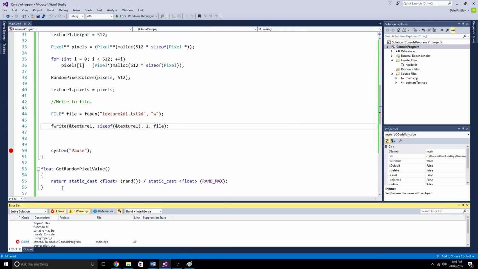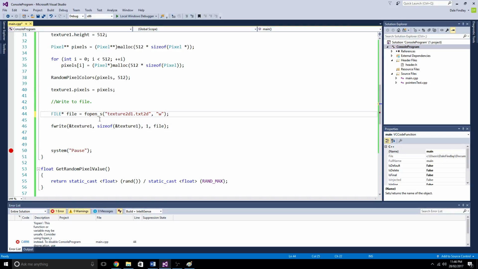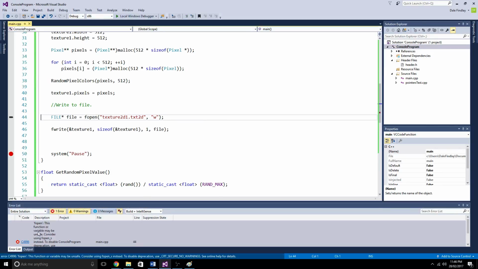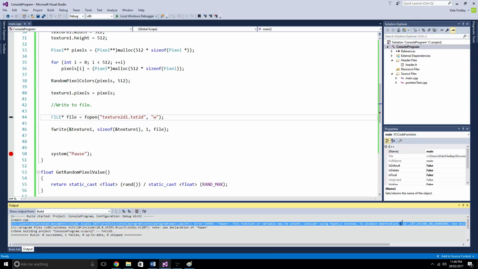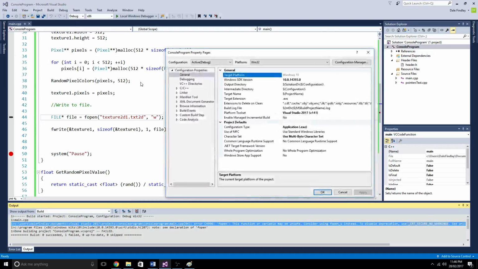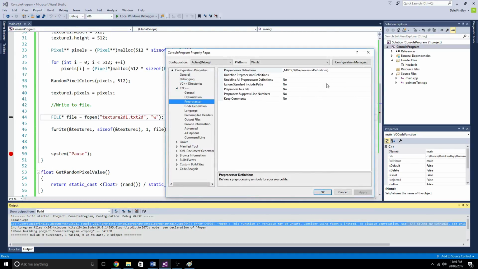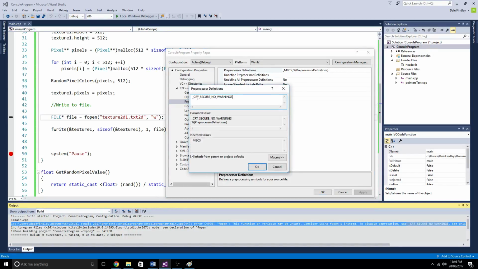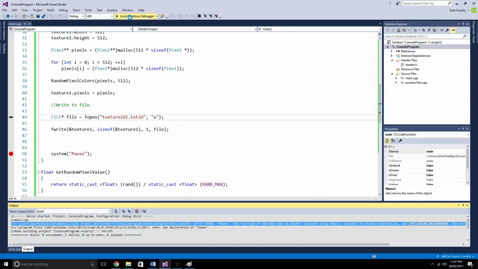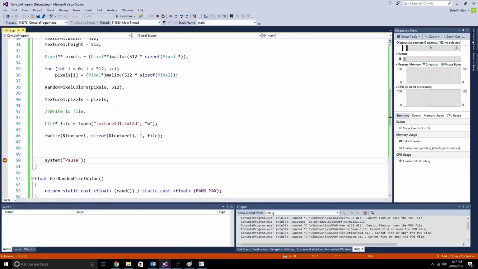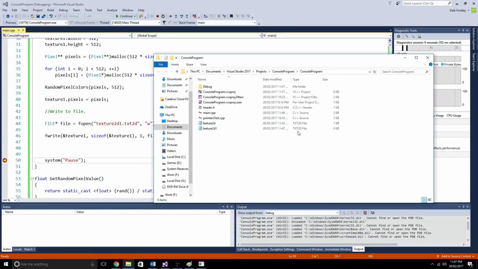Oh, that's right, that stuff sucks. Underscore s. Oh, I hate you. No, we're not doing that. I'm just gonna grab this message. When dealing with older stuff, it'll give you these CRT_SECURE_NO_WARNINGS messages, and basically what that means is it's the old C++ stuff they've gotten rid of, and they don't want you to use it anymore. But it's more superior than the new stuff, so they're just being cocky. So you just gotta add that message to your preprocessor, and it works fine. So let's do it here,